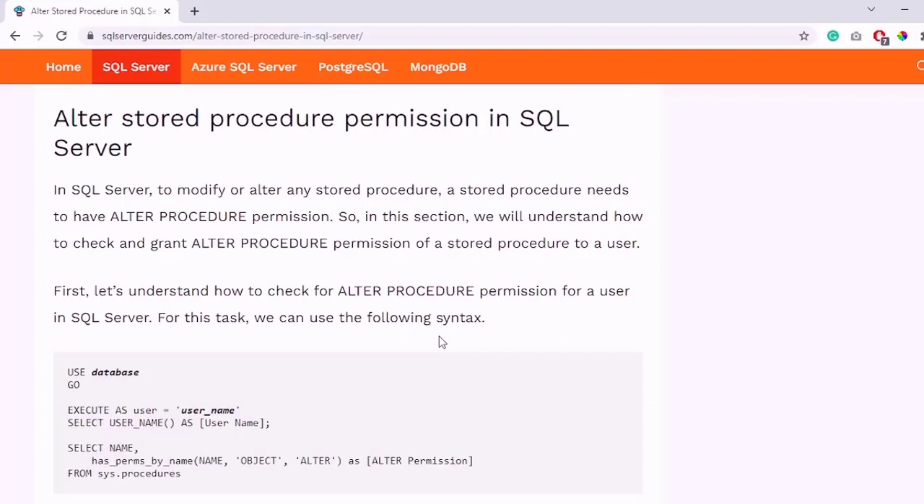Next we will understand this topic, which is alter stored procedure permission in SQL Server. Now to modify any existing stored procedure, any user or role needs to have the alter permission for that. And if we don't have that permission, then that user or role might not be able to modify that stored procedure. So in this we will first understand how we can check whether the user has the specific alter permission on that stored procedure or not, and if not, then how we can grant the alter permission